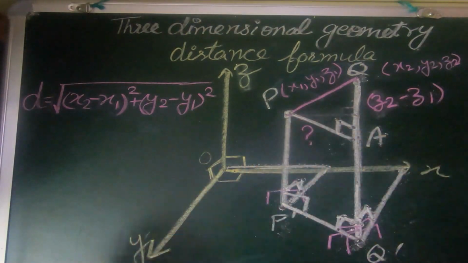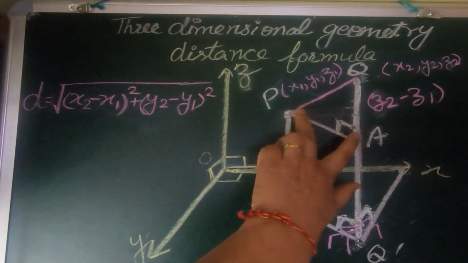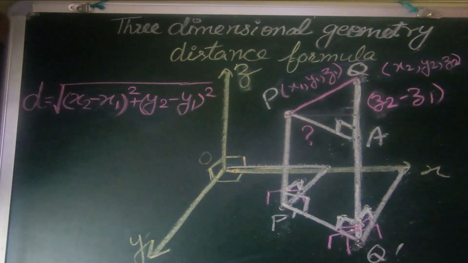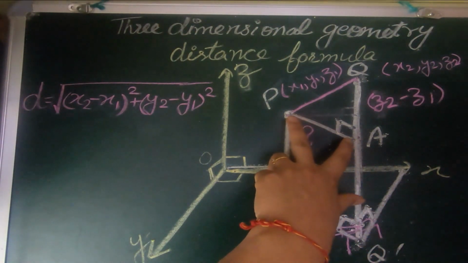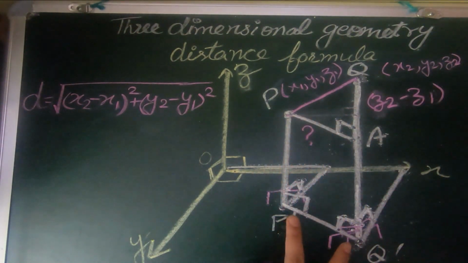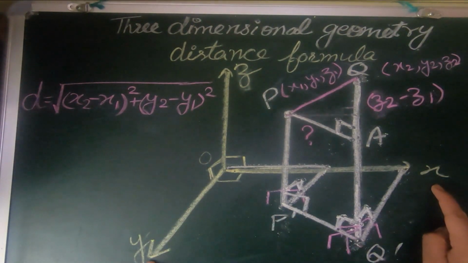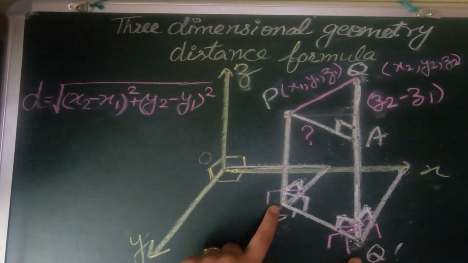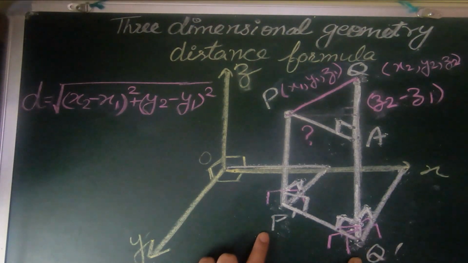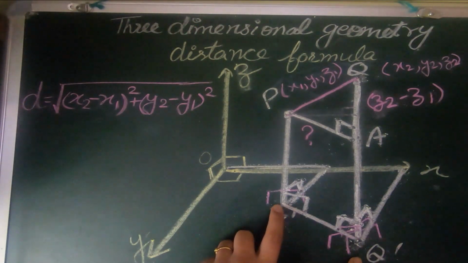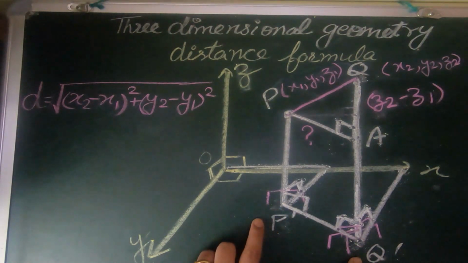Okay, now what is PA? This PA line is again in a space somewhere at the middle of the room. How to find out this? We don't have any way out, but we can find out this. This is on the floor and this is in the XY plane, and we know how to find out the distance between 2 points in a plane. Okay, so first we have to generate their coordinates. What are the coordinates of this?